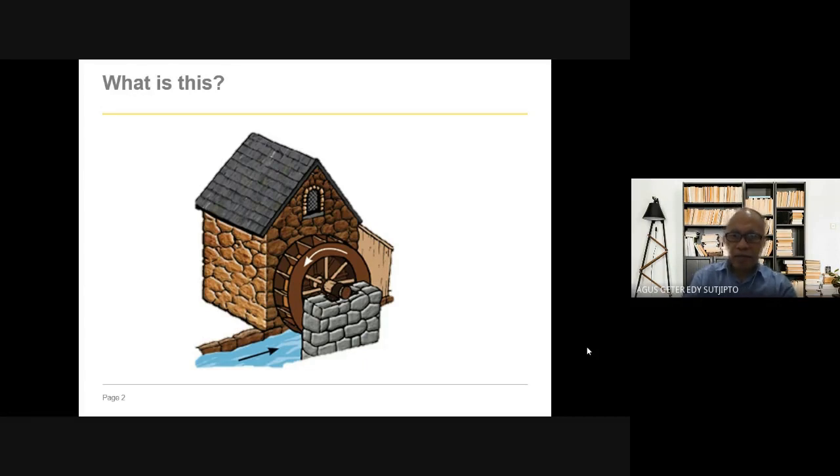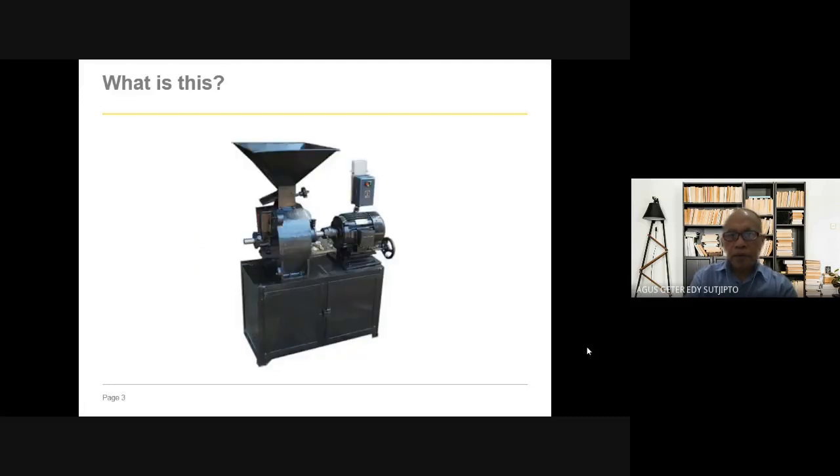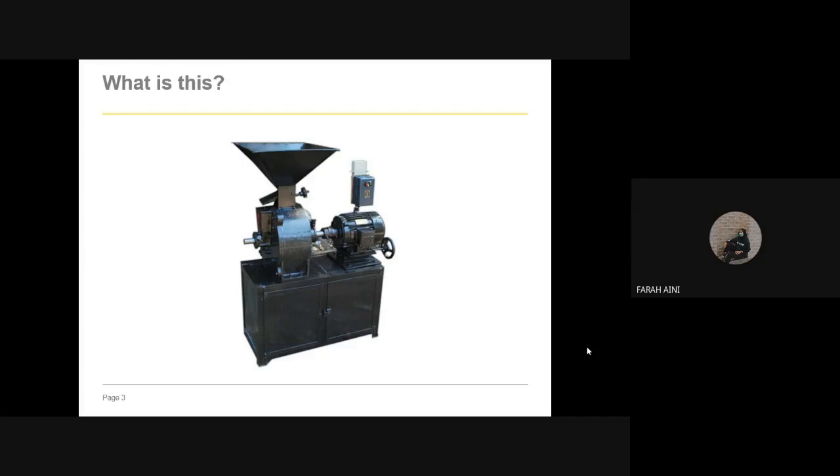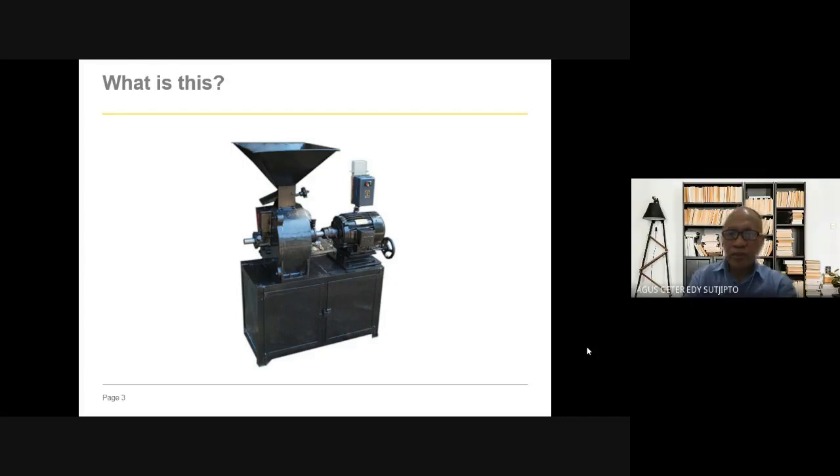So we can turn the shaft, and then the shaft will turn the generator. So we can generate electricity in a very traditional way. And also such kind of equipment we can use for the grinding machine manually.